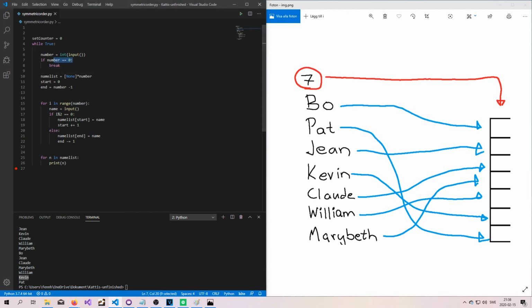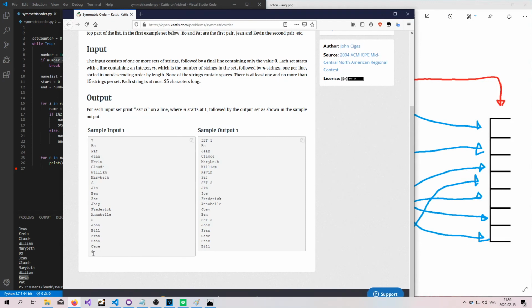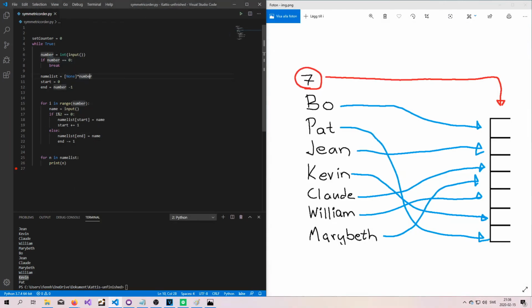So why we did this is because we want to end when we encounter a 0. Then we're done with all our sets. So when we get to a 0, then we break. And what breaking does is that we exit out of this while loop. So this will continue forever. It really does what it says. So we will do this, but if we read a 0, we will break out of this loop, and that will end the program. And then the counter is so that we can, in here, write, first off, for every